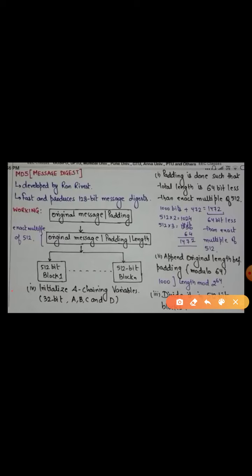We have to express my original message length in 64-bit representation, and add those bits. So in the second step, we are representing my original message length in 64-bit format, and adding that to the previous one. Now the total length should be a multiple of 512, divisible by 64. Like that we have to add padding bits. Next, the third step,